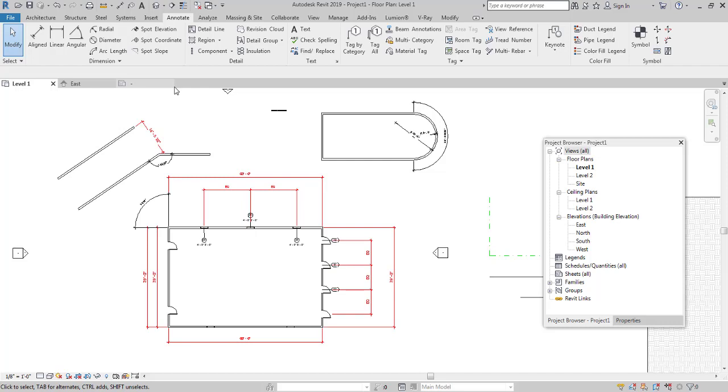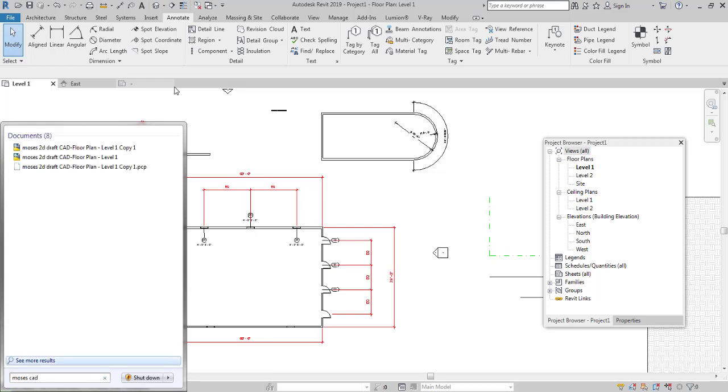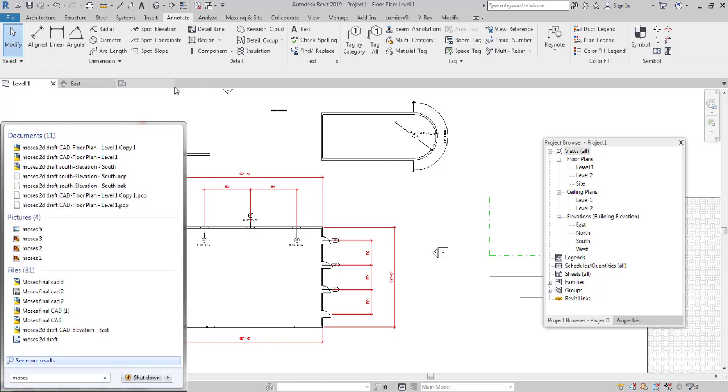And one more thing that I wanted to show you guys is a project that I did for a client of mine. I hope I have it somewhere. Okay, I'll need to find it.